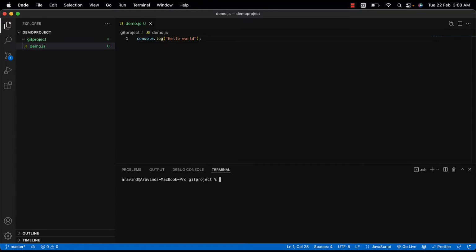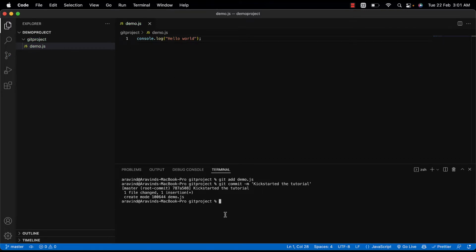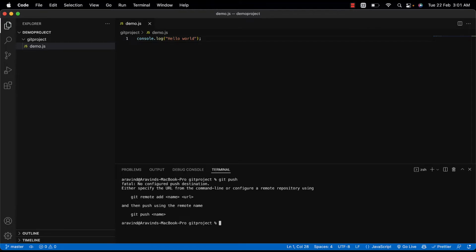I'm going to run git add demo.js. Now I'm going to commit it with git commit, and what is the message that we have? Kickstarted the tutorial, because that's what we're doing here, right? So we have committed that particular change, and now let me just clear it. Now let's push this particular thing to GitHub with git push, and okay, we